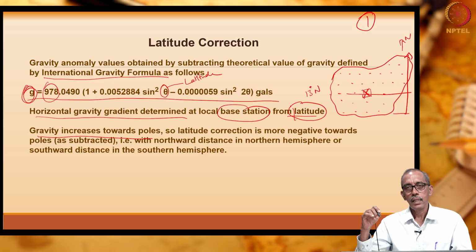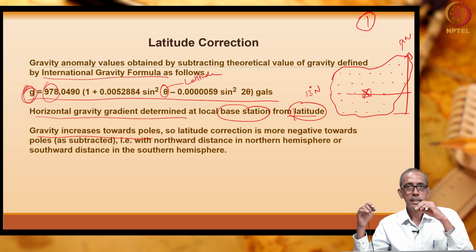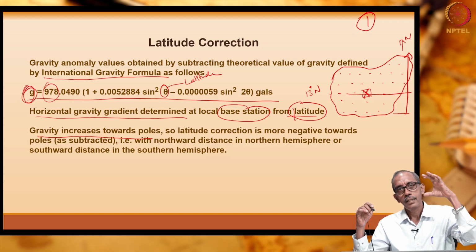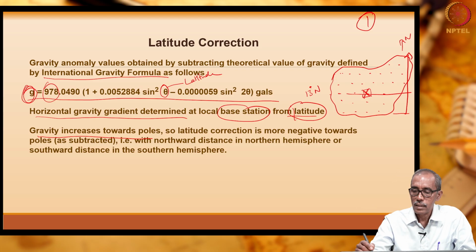Why? Because in the south, we have the equator. At the equator, Earth's radius is 23 kilometers more. Because the radius is more, the gravity value which we measure there is expected to be marginally less than the value which we will measure at the poles. Okay. Same effect will also happen in our survey site, which is more or less like a square as I have drawn.